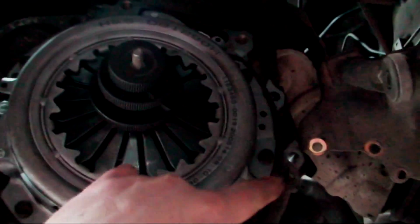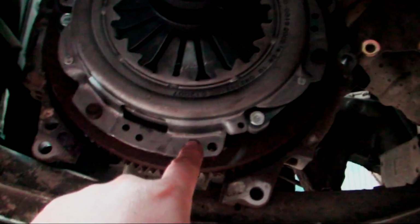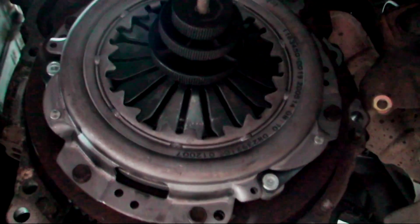1, 2, 3, 4, 5 and 6. So you have to go opposite corners. You don't go clockwise or anti-clockwise. You just go opposite corners like a cross, and that's the way you tighten it. So I'm going to tighten this now, and as you tighten it you'll see these springs folding in. So give it a nice even tight and a good tight all the way around, and we'll be ready to